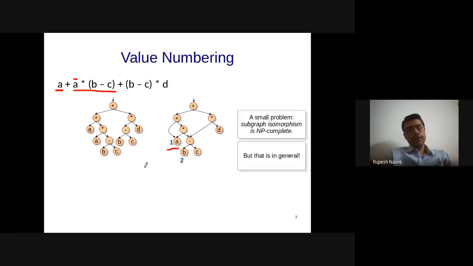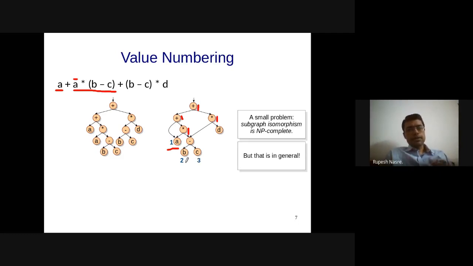So you don't duplicate any of the operand nodes, in the sense of the variable nodes. The operator nodes might get replicated or duplicated in this. For example, this star and even these pluses are replicated. The reason being that their operands could be different essentially. If the operands are the same, then you can reuse those. So that B becomes 2, then C becomes 3, and so on.